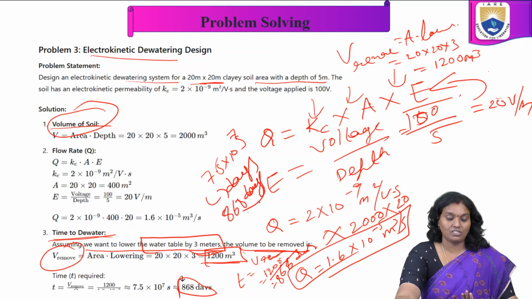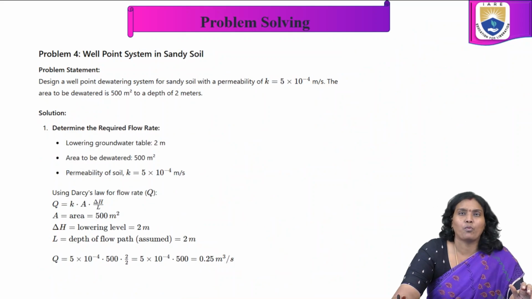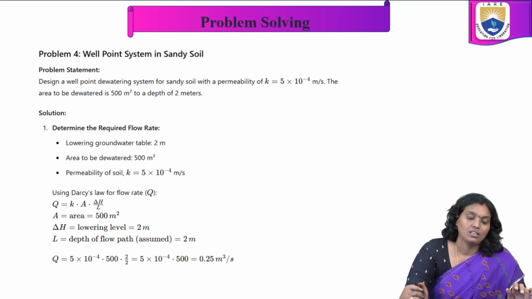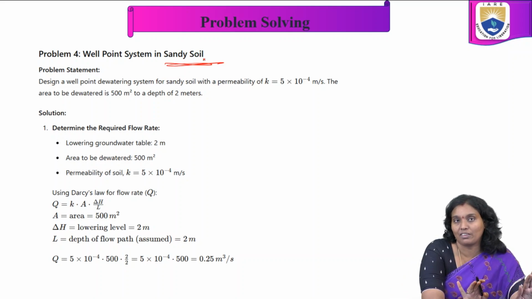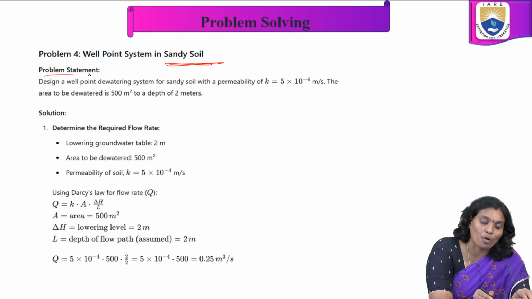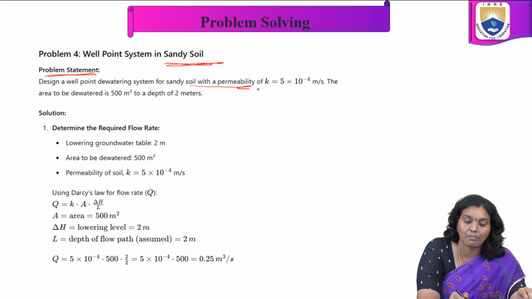So these are the things which we are going to understand. Now move on to another kind of well point system, in sandy soils. It may vary: well point systems for clayey soils and sandy soils, where it is effective, these are the techniques we are choosing. So now this problem statement: design a well point dewatering system for sandy soils with a permeability